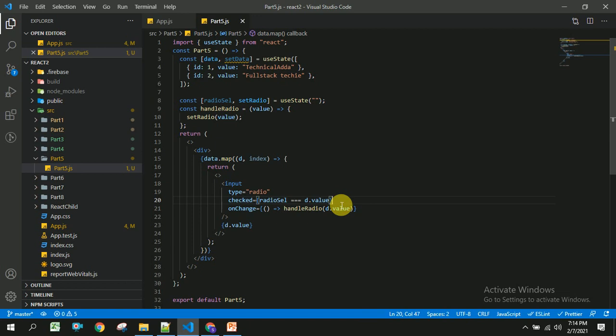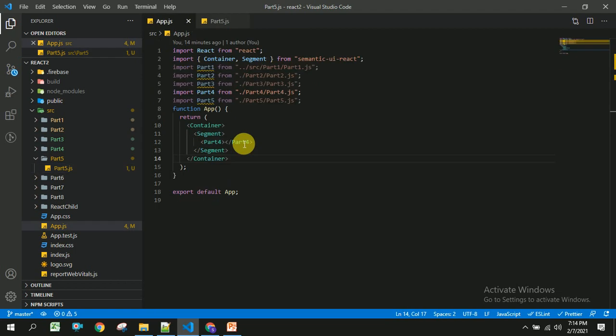If it is not satisfying, we will not show that as checked. So let us check whether it is working or not. For this we have to change it as 5. That's it. Let us save this and check whether it is working or not.